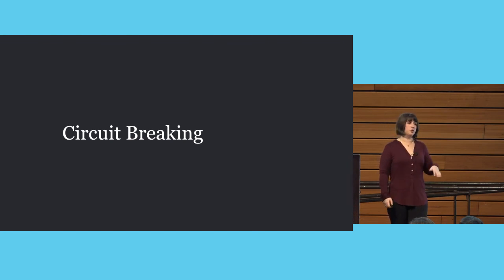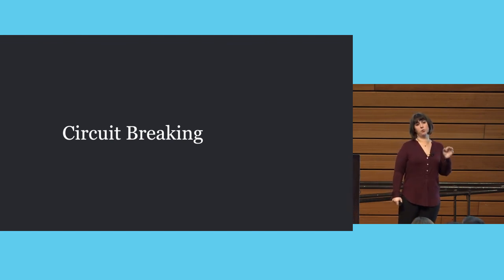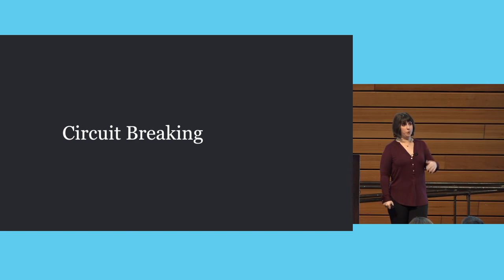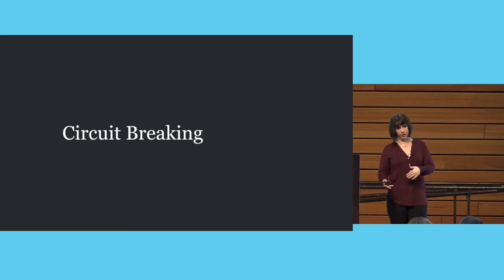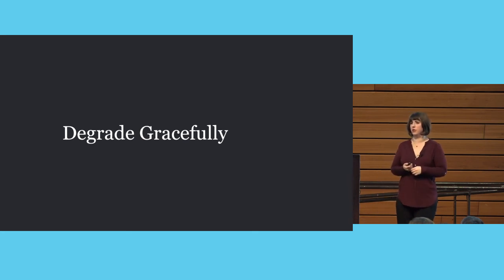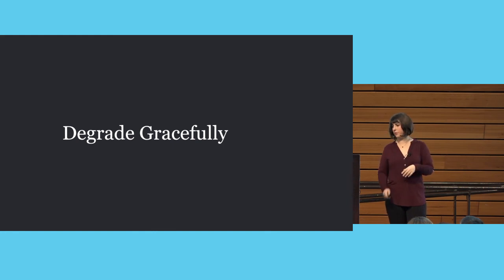You can also circuit break. Circuit break is kind of your #1 mitigation strategy here, because remember, an open circuit is a known state for your system to be in. It is not a great state, but it is a known state, and it is something that you're able to recover from in the case that something happens. Again, all this is about degrading gracefully. You don't want your system to have all sorts of big problems because one third-party API is having database connection issues. You don't want that to affect you.